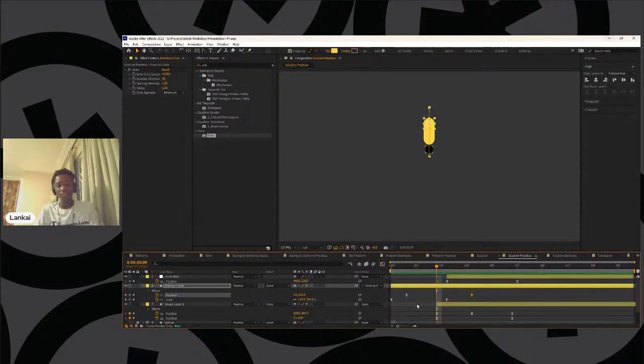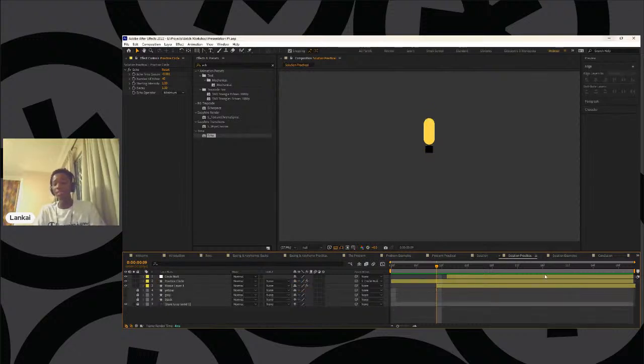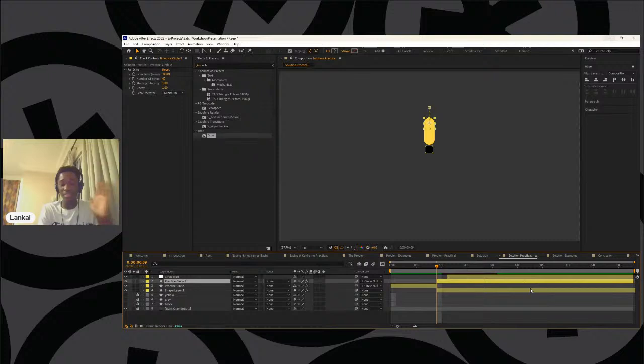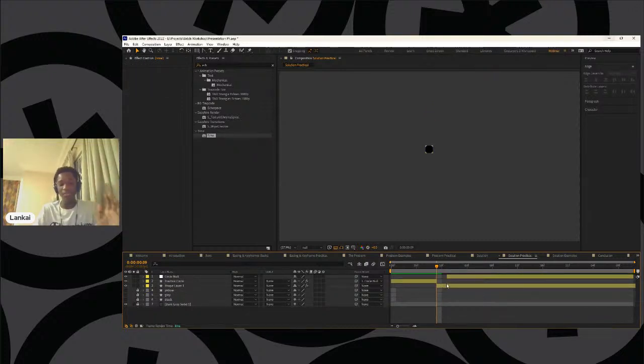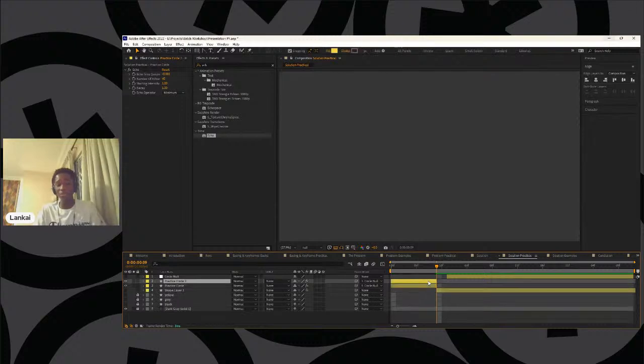If we delete all the layers past this circle, which would be this and this, and we don't need a null, we can transition to another scene and make a match cut